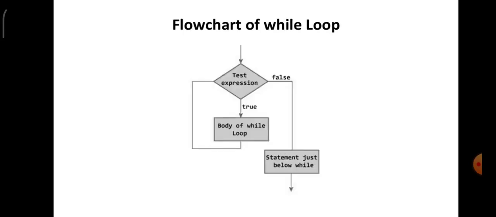Now look at the flowchart of while loop. Condition, test condition. If the test condition is true, it comes inside the loop, the body of while loop, and the iterative statement, that is the loop statement, will follow. It looks for the condition next time, again it follows. And finally, when the condition fails, it comes out of the loop to the statement just below the while loop. So hope this is very clear to you. The true statement will be executed that many number of times based on the condition that is set.